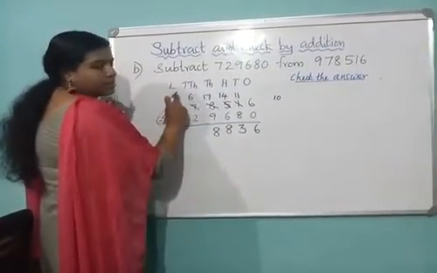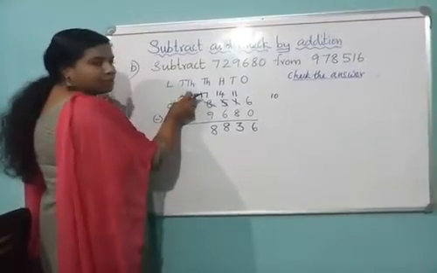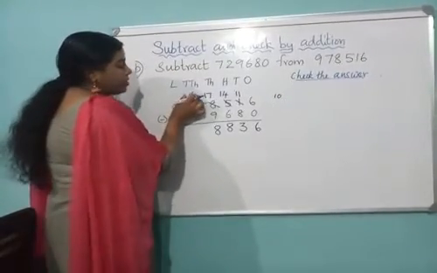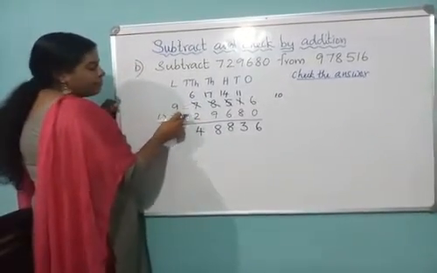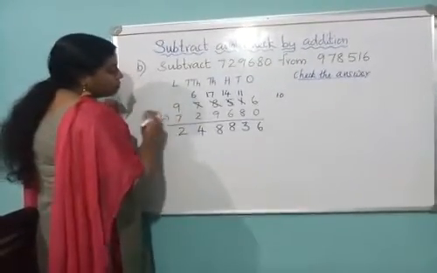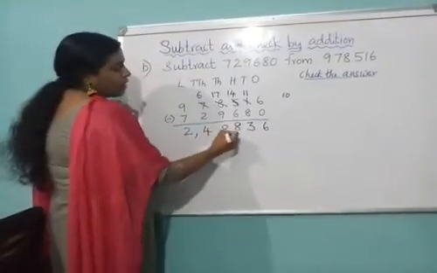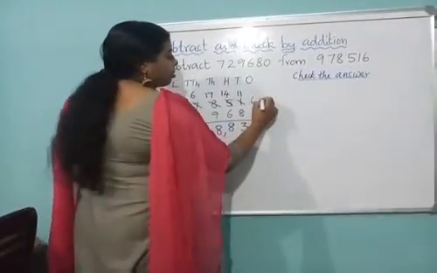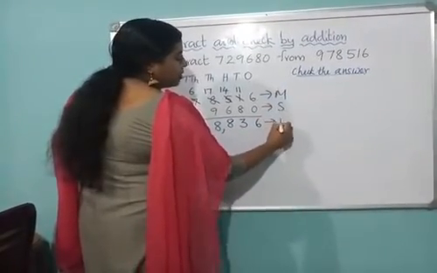Now again the next subtraction, 6 minus 2. Yes, a bigger digit came, so we can easily subtract it. There is no need to borrow here. 6 minus 2 is equal to 4. Again 9 minus 7, a bigger digit. If you remove 7 from the 9, you will get 2. So your difference will be 2,48,836. This one is called the minuend, this one is called the subtrahend, and this is the difference.